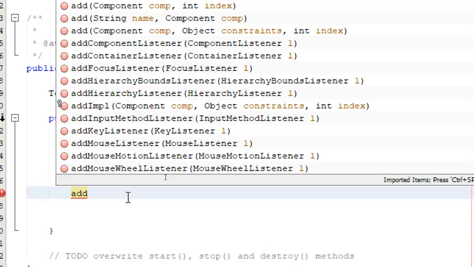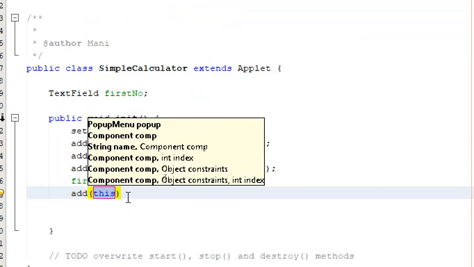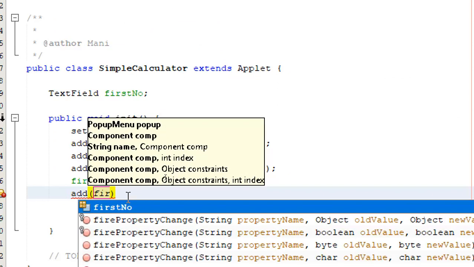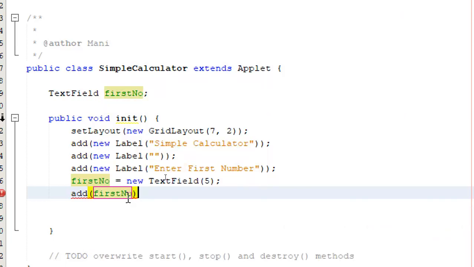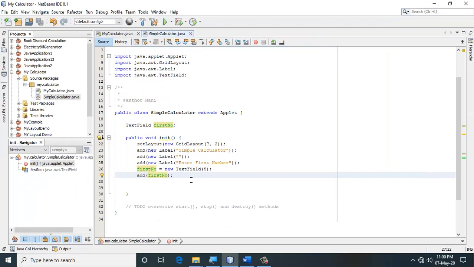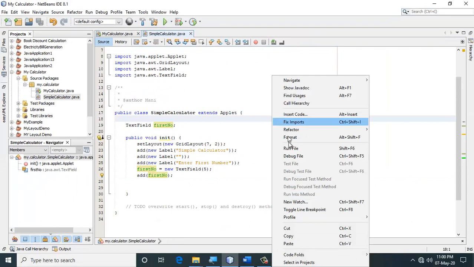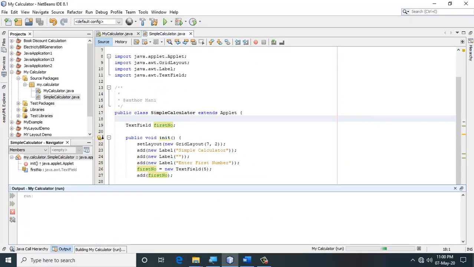I'm going to add this particular text field into my applet.